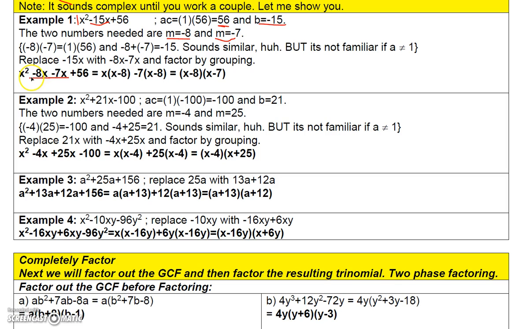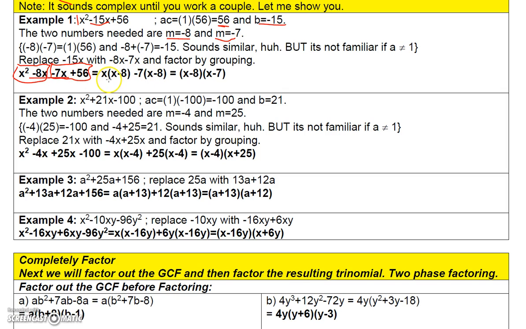Well, now I can group these two terms together, and then group these two terms together, and then factor out the common factor. In the first two terms, the common factor is x, so that factors into x times x minus 8. And in the second two terms, I can factor out a negative 7, and that gives me minus 7 times